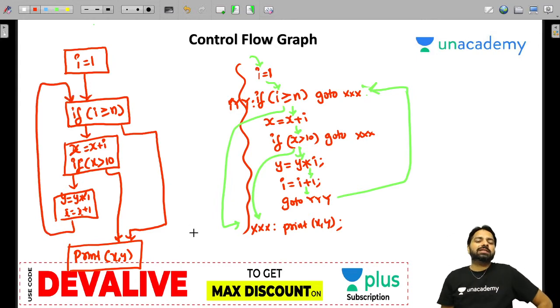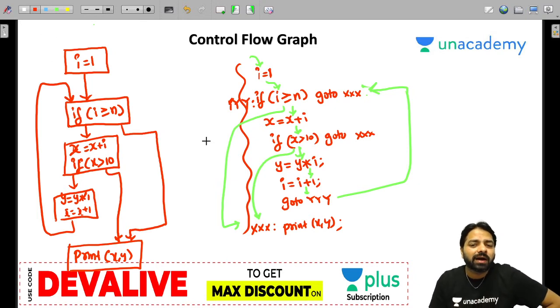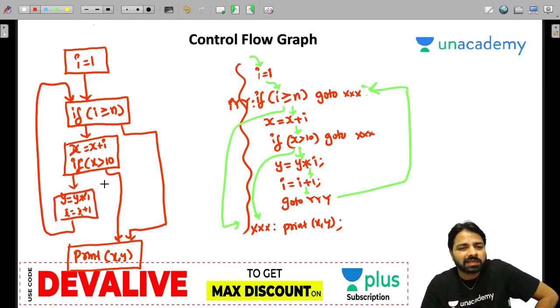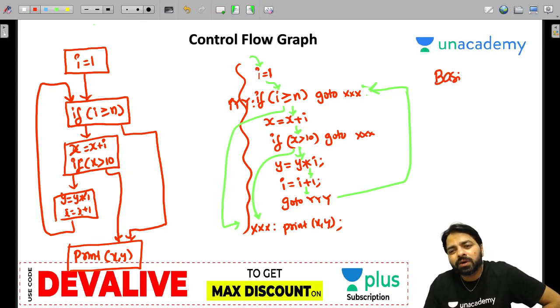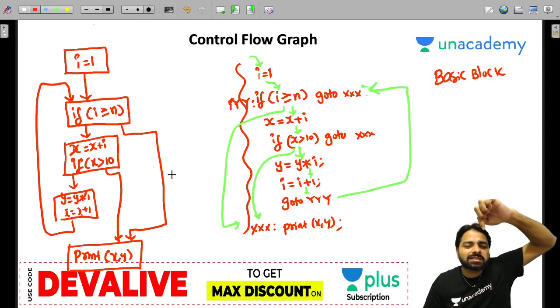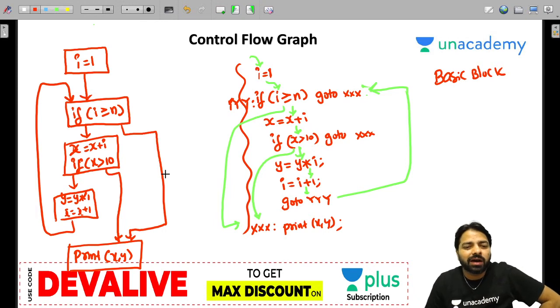Now look at this, this is the control flow graph, and it is really difficult. You are only practicing one example. You must be careful what is the control flow graph. Here you need to understand basic block. What is a basic block? Any block you look at, the control enters and leaves only after the last statement execution. Are you clear?